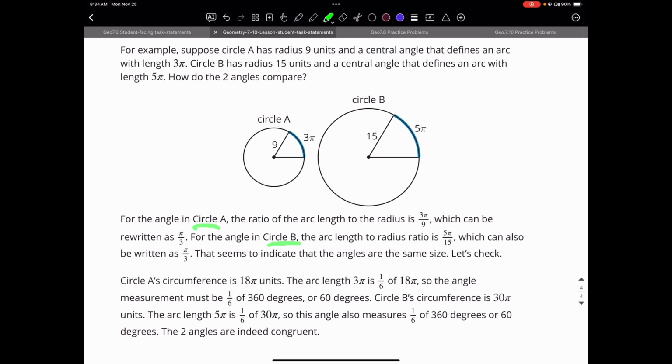Circle B's circumference is 30 pi units. The arc length is 5 pi, and is 1/6 of 30 pi. So this angle must also measure 1/6 of 360 degrees, which is 60 degrees. So the two angles indeed are congruent. This is a whole lot of good information. This is what you're going to need, and you need to know how to recognize and work through